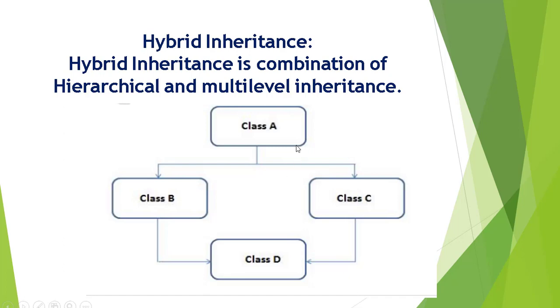So there are five types of inheritance: single level inheritance, multi-level inheritance, multiple inheritance, hierarchical inheritance, and hybrid inheritance. These are the five types of inheritance that are important. For 5 marks they might ask you what is inheritance and the different types of inheritance. You have to explain with the diagram, and the explanation has to be given.